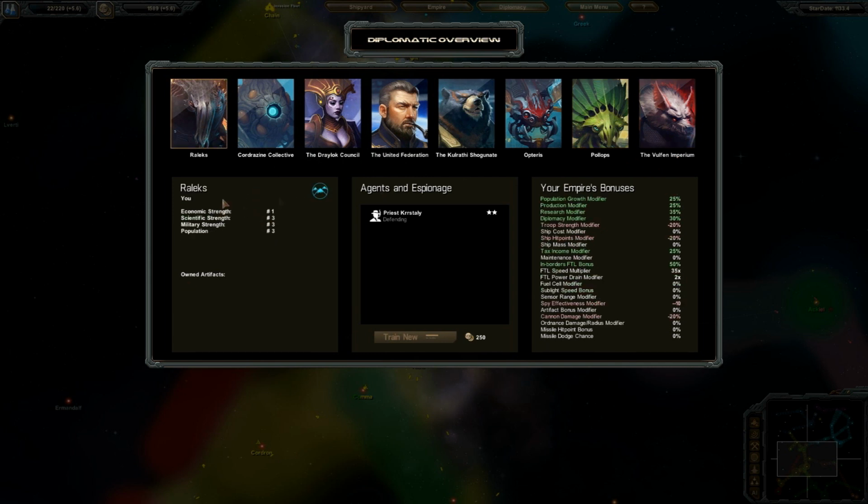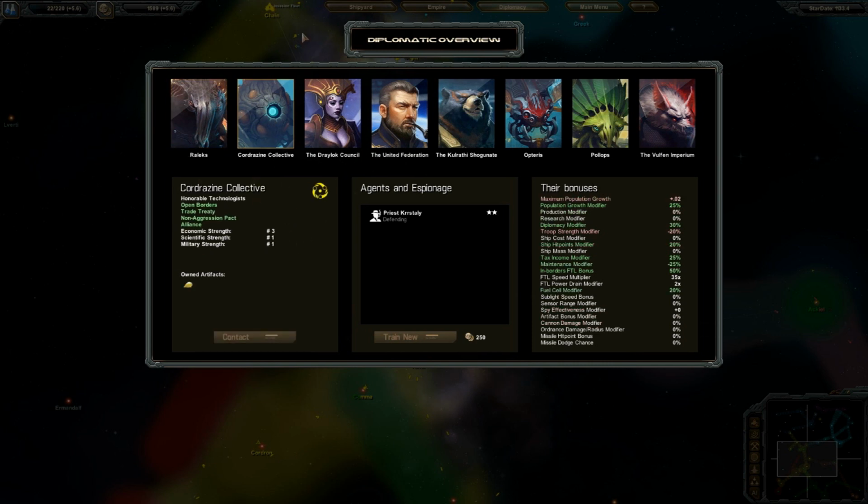Right now, I have the economic strength number one. Yeah, it's because everyone loved me and wanted to give me their money, right? So that's really good. These guys are my best ally right now. They have military strength one. We're in an alliance, and these are my second best. They're not as good on the ranks, but you're about to see what happens in a few seconds